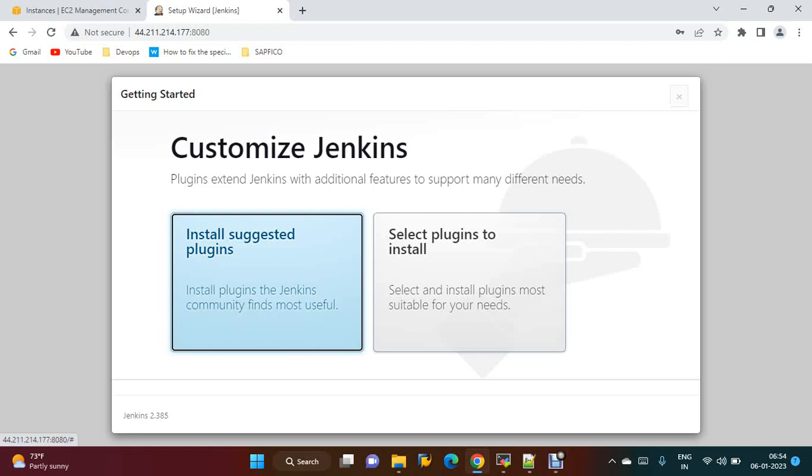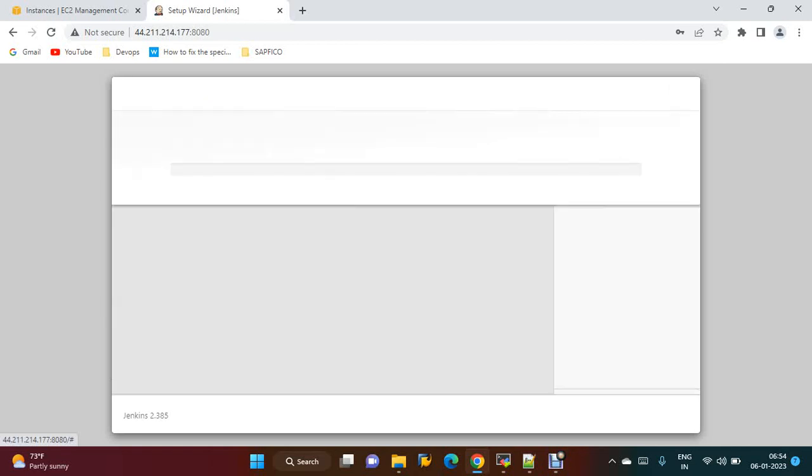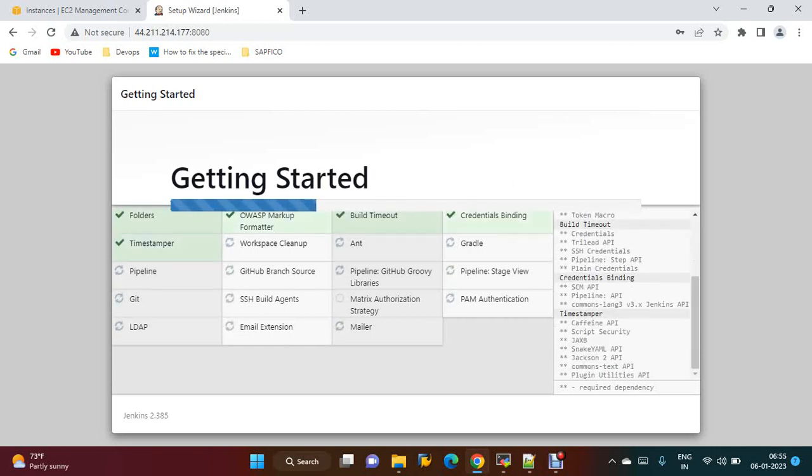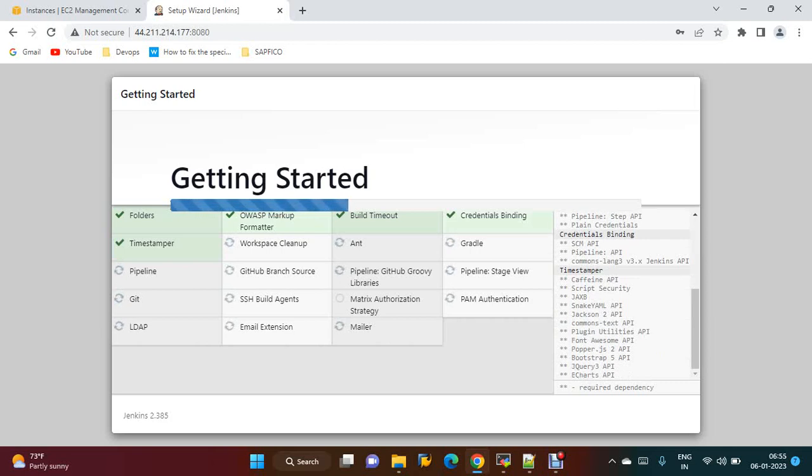Install the suggested plugins. This is the first time, so it will download all the required plugins,